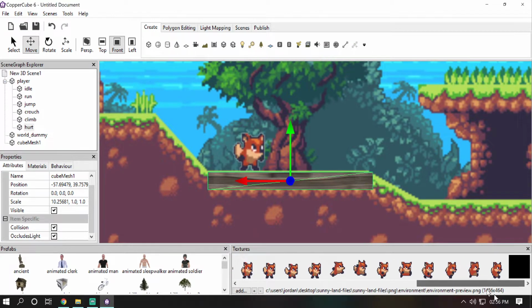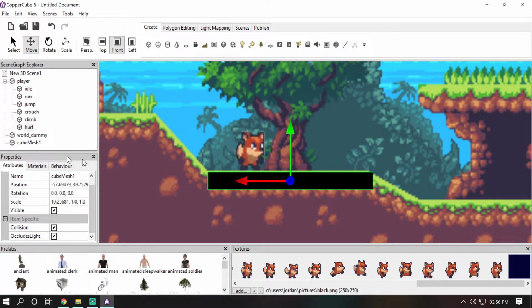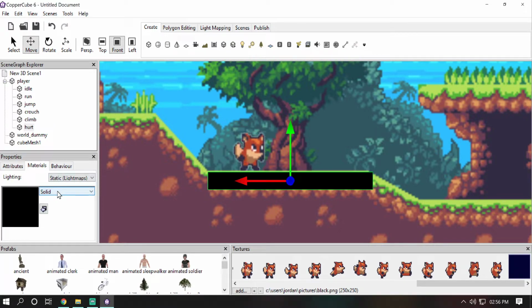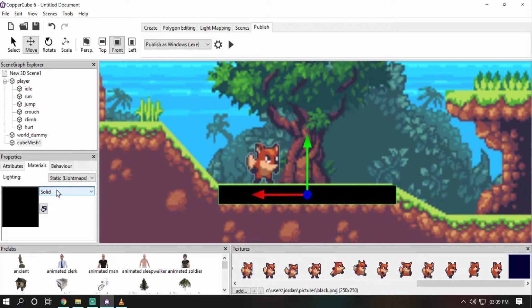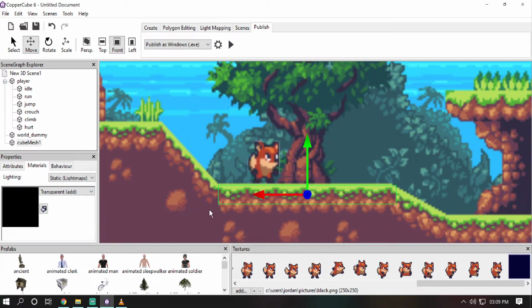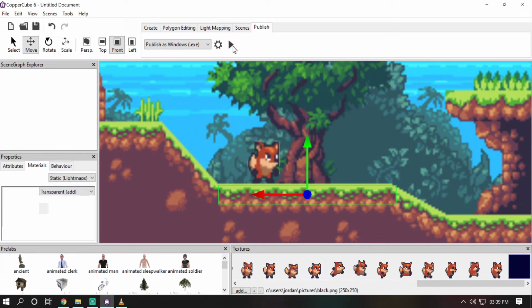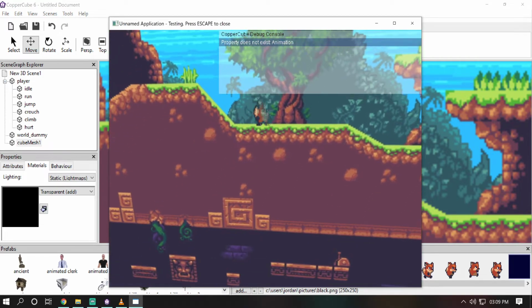But we don't want this platform to be visible in our game. To make this transparent, select this black texture and apply it to the cube. Go to Materials tab. Now if I go to this Material tab here and change this to Transparent Add, so our cube mesh is now transparent. And if I just hit this play button, then we have some issue here